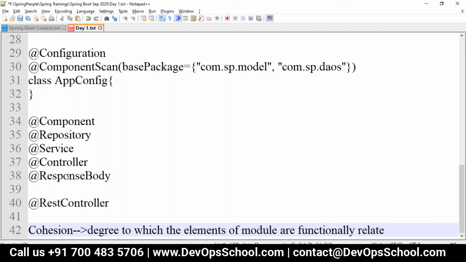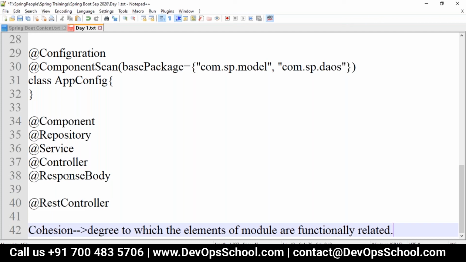That is cohesion. If it's functional cohesion, then inside a module the elements should be functionally related. We have functional cohesion, sequential cohesion, communication cohesion, procedural, temporal, logical, different types of cohesion.